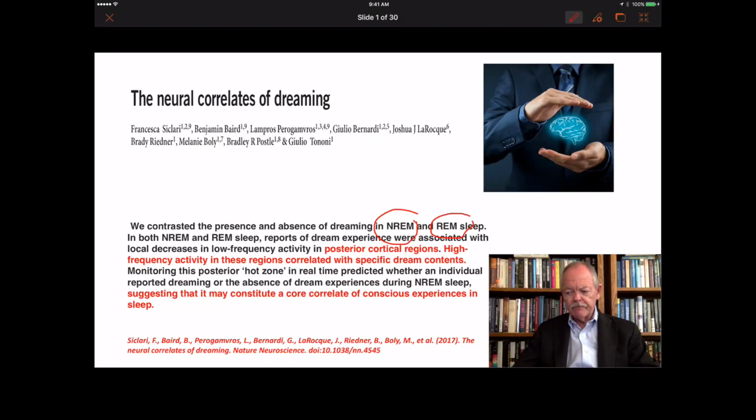Now, importantly, he calls this posterior zone the posterior hot zone. And that hot zone has made an appearance in our second lecture on consciousness when we discussed a paper written by both Giulio Tononi and other authors to delineate where in the brain does consciousness occur. So in the first slide then